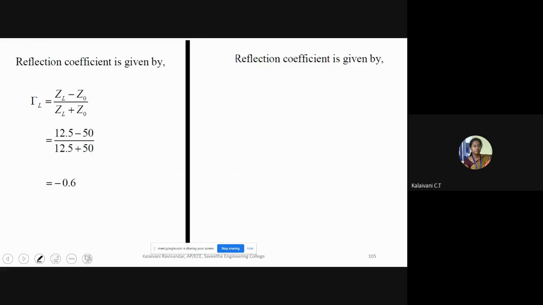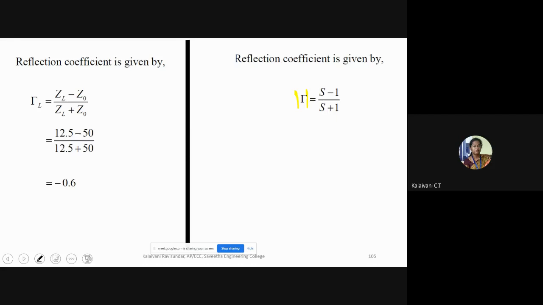Suppose instead of this formula, ZL minus Z0 divided by ZL plus Z0, we go for this formula. This is also the same formula, right? We use it in many problems. The reflection coefficient is equal to S minus 1 by S plus 1. We have to remember this is the modulus of the reflection coefficient. Most of the cases we will forget it. This is the modulus. The modulus of the reflection coefficient is S minus 1 by S plus 1.